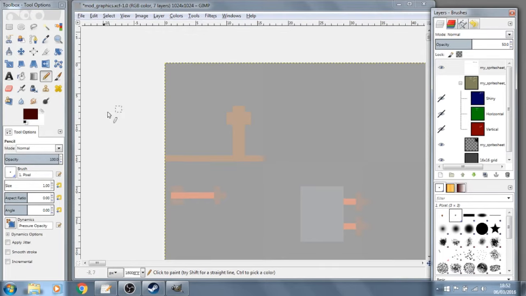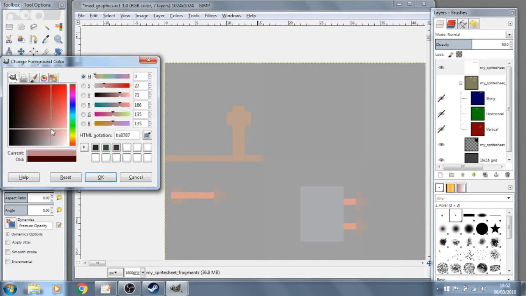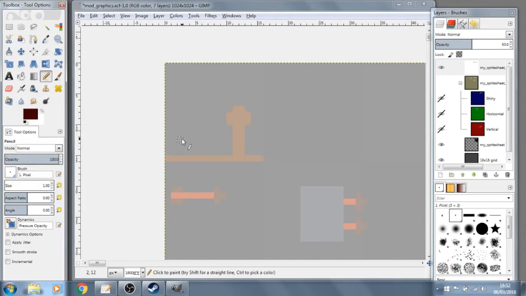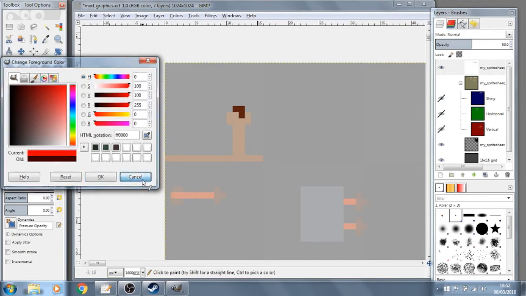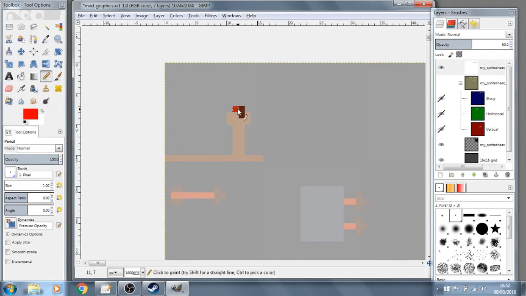Now here this is sort of boring because honestly there's hardly anything in the module. So I'm just going to pick red as a color, and I'm just going to color in the entire top here as being of this red color. And what that means is that if this module gets destroyed, this whole bit here would fly off as a